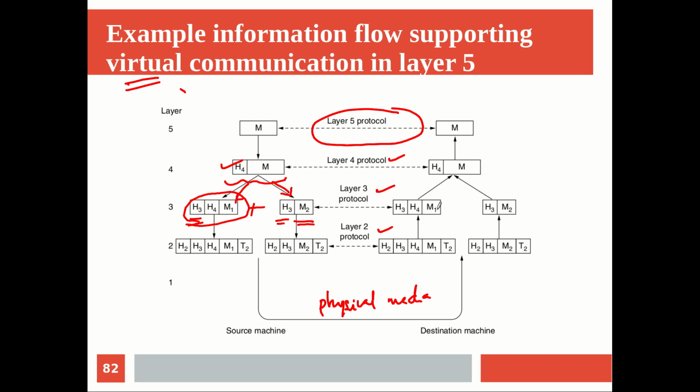And finally from these two, by looking at header 3, it will do all the process in reverse, and it will remove this header 3. So every layer, when it is handing over that information to the higher layer, will remove the header up to that point, okay. And only this header 4 will be given to the higher layer.